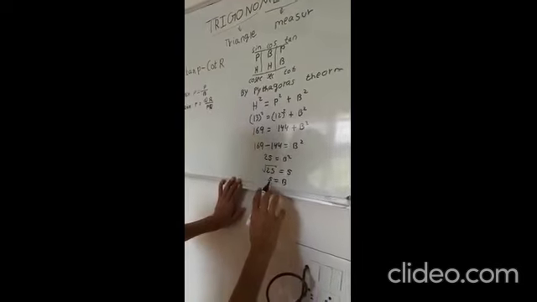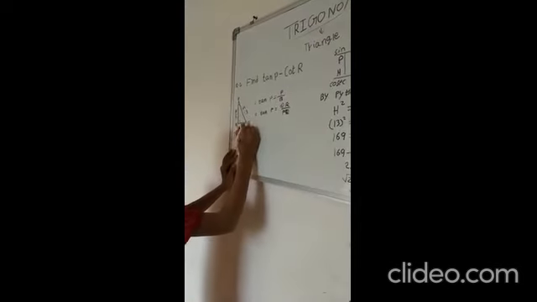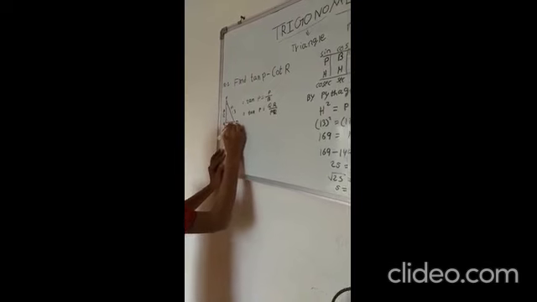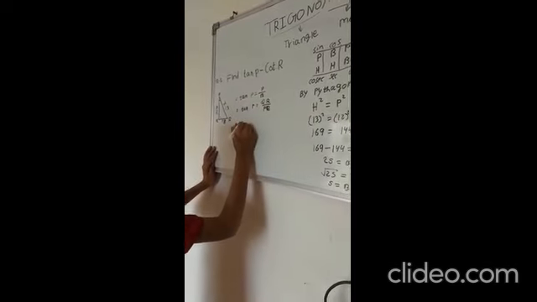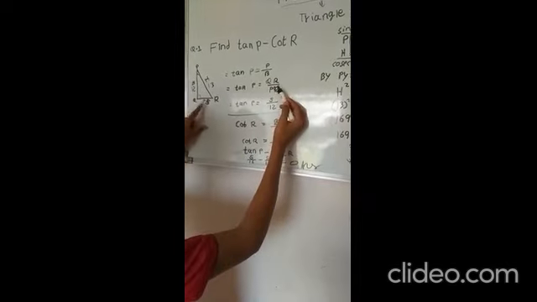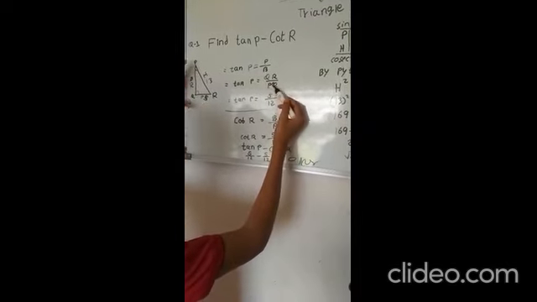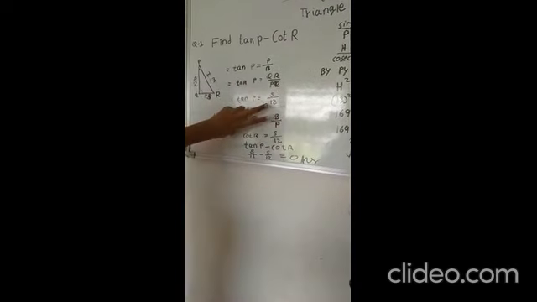Now we know that base is equal to 5. Now right here, yes, QR is a base. Now the base is equal to 5. What is QR? QR is 5. What is perpendicular? Perpendicular is 12. Now tan P is equal to 5 by 12, which is known.